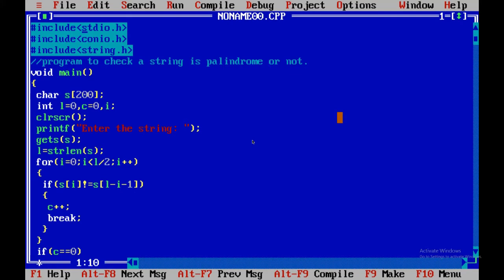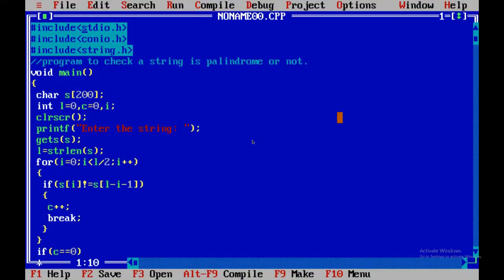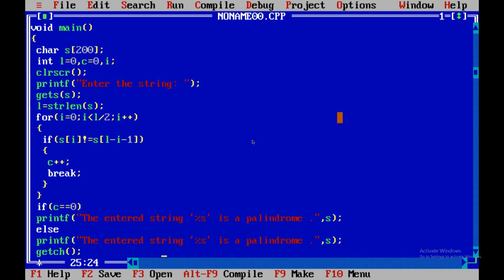Now we are going to check another time. I have entered another string. Let's check whether it is a palindrome or not. Now I'm entering a string that is not a palindrome, to see whether it is going to show that it is a palindrome or not.